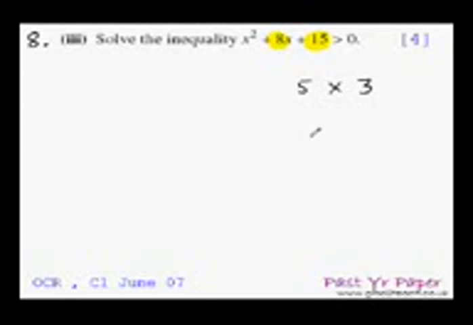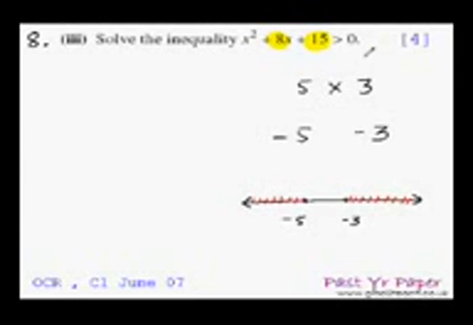So these are the factors. Now how do we find the roots? Yes, by changing the signs. So you will have minus 5 and minus 3. Because you have greater than inequality, you will have greater mustaches. That is the outside region. You can quickly mark it on the number line. That's it. You have solved this question.